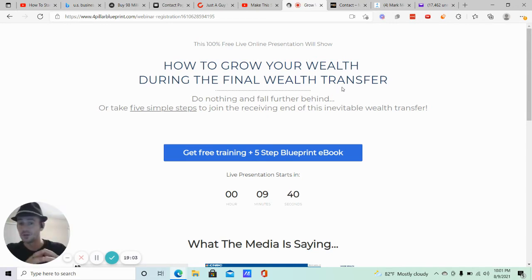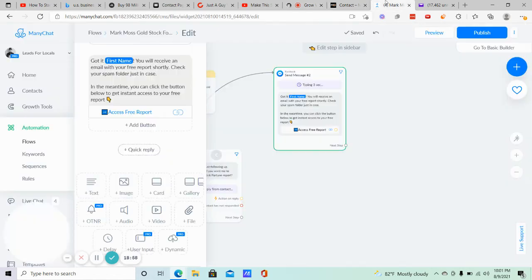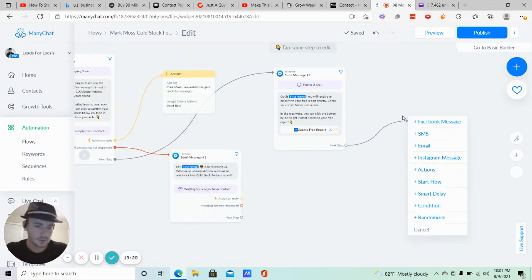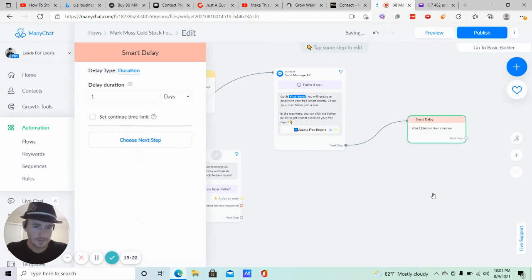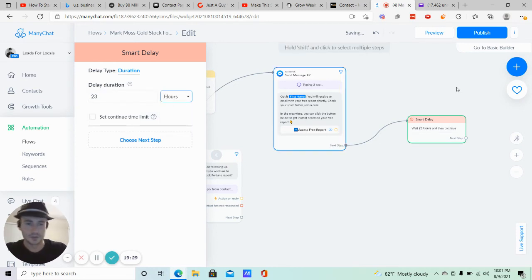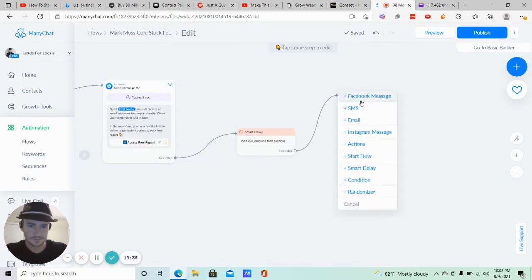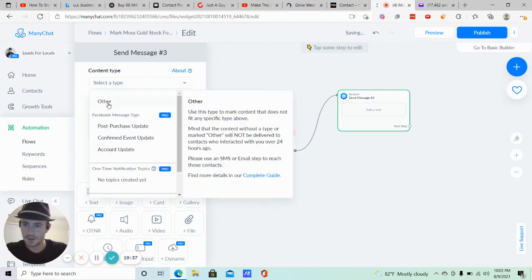So what we could do is wait a couple of hours. What I usually do is wait 23 hours, because when we send this message, if they engage with the bot, it restarts the 24-hour period, which is just awesome. So I'm going to do a smart delay of 23 hours. Then 23 hours after this message is delivered, I am going to send another message right here saying,